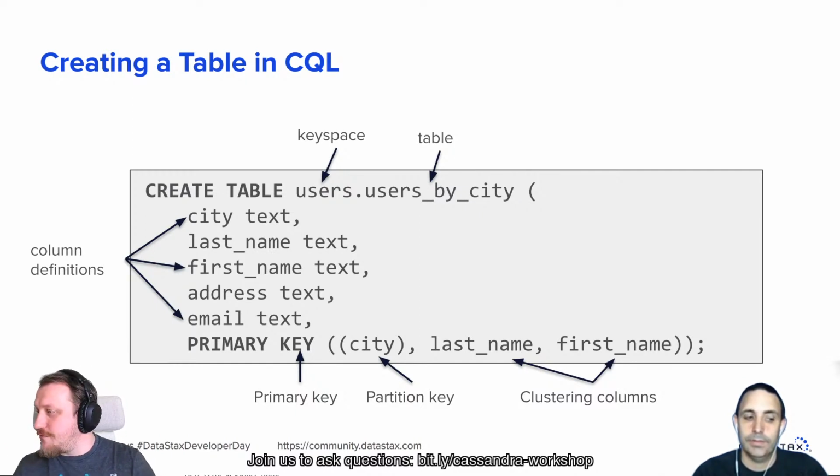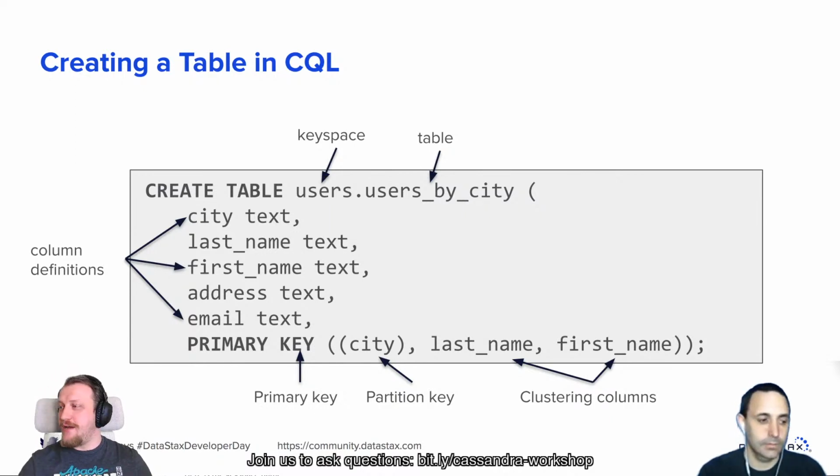Now, next question for you. There is, again, a tricky question I want you to answer. Take a look at this table. We are creating users by city. And this table has an awfully bad primary key. Awfully bad. Why is it bad? Please answer why this primary key is absolutely wrong. I'm waiting for your answers.